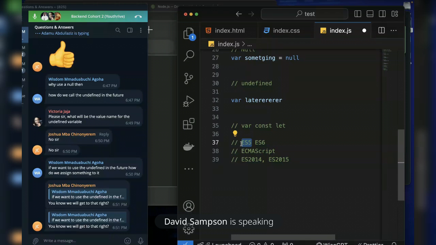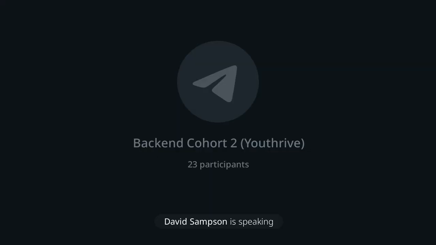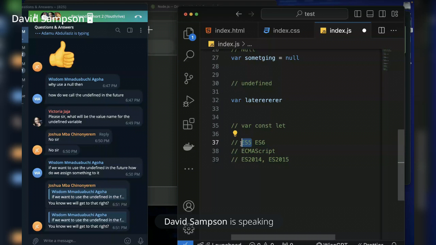So will you say that because we all live in the same estate and we use the same water tank, I can come into Victoria's kitchen and fetch water, because after all, it's the same water? We're getting it from the same tank. Or I can go to Joshua's kitchen and fetch water because we are using the same tank. No, I can't do that, even though we are using the same tank. But if there is a tap outside, all of us can fetch from that tap because everybody will have access